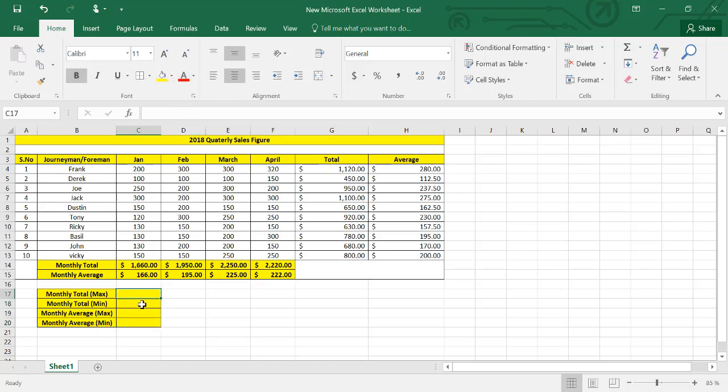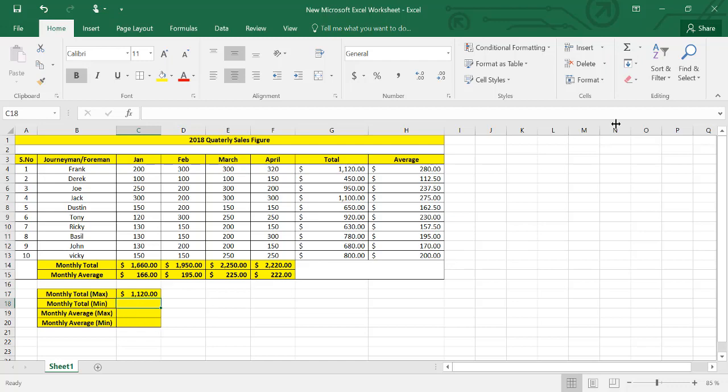Okay, by placing your cursor, selecting this cell, we can use the option of maximum by going to the drop down of AutoSum. We can click on maximum and select the range for this one, the complete total we have done here. Selecting this and enter. Here we can find out the maximum value this complete total salesmen have.